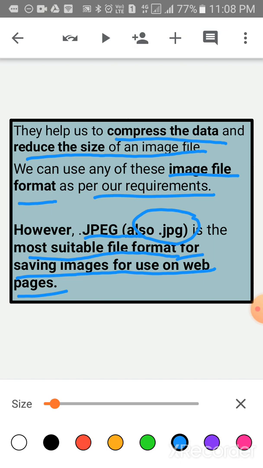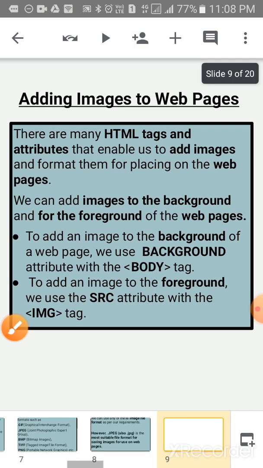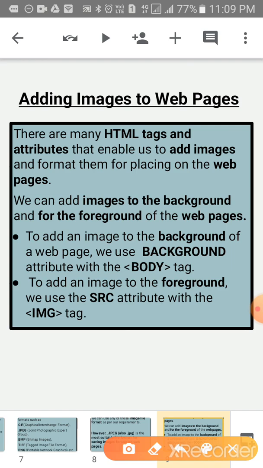Mostly we use the extension .jpg in our notepad. Clear, children?